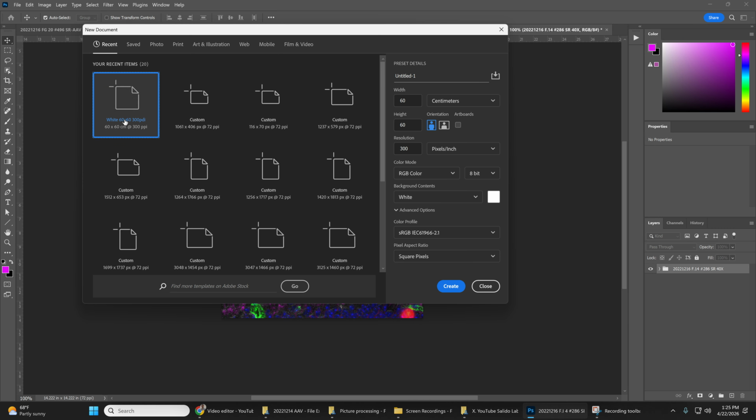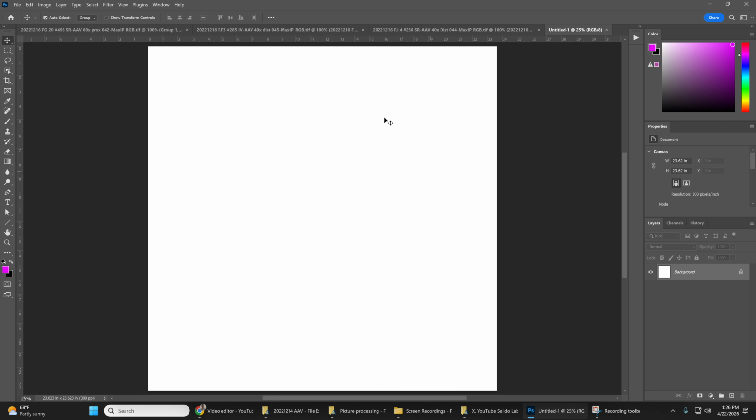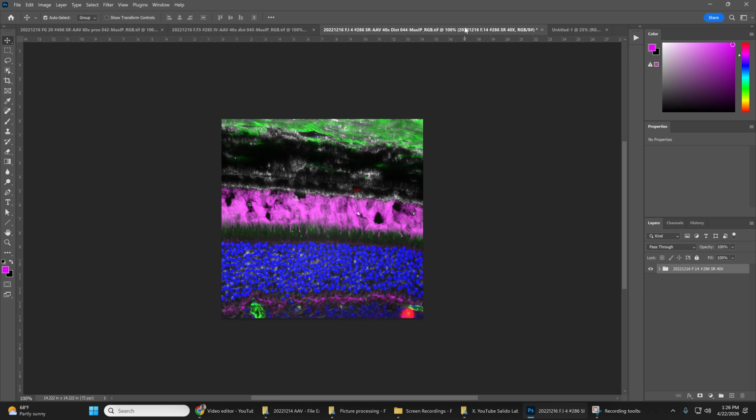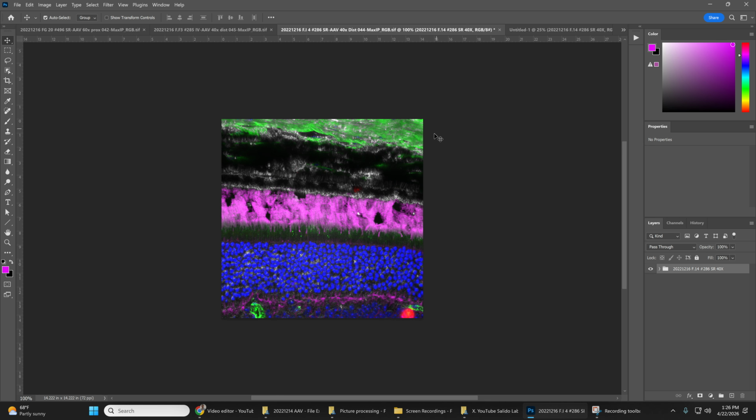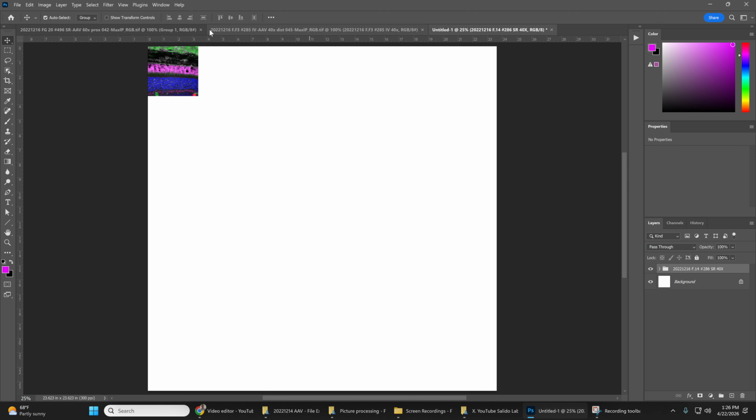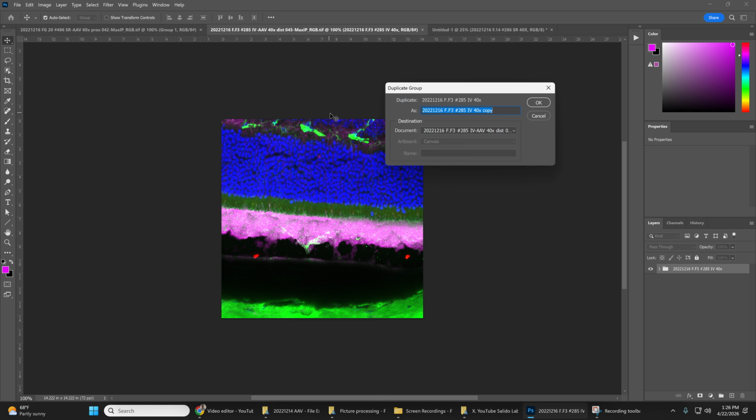In this case, it's better if you have 300 ppi and you make a big file. Visual is in RGB and 8 bytes. For here, we are going to do something similar. We're going to do the duplicate layer and we're going to put it in the last one, in this case. Then after we paste it, we can delete it. If we have everything done, it's similar there.